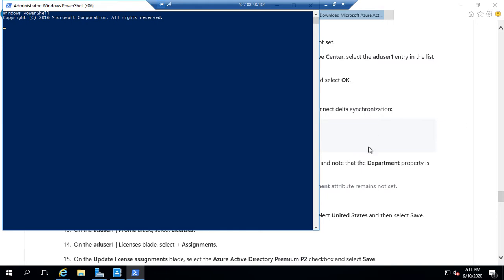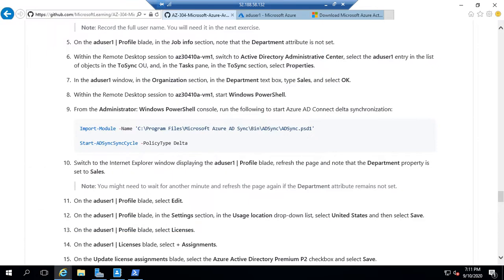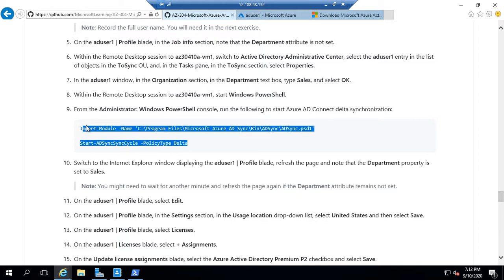I can feel that it is slow right now. Okay, and the command, if you look at it, it's importing a module. The module is ADSync, and what it's doing is it's going to start the ADSync cycle with policy type delta. So I'm going to copy this whole thing,